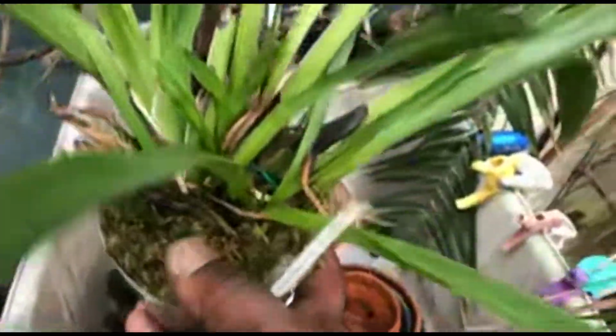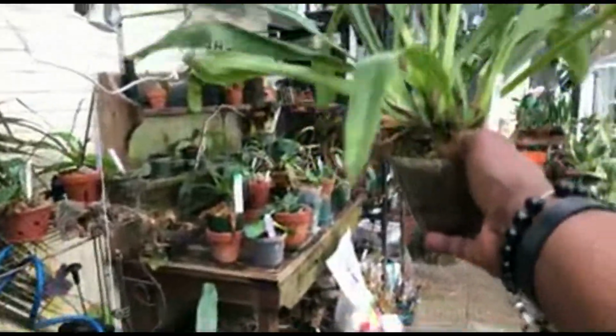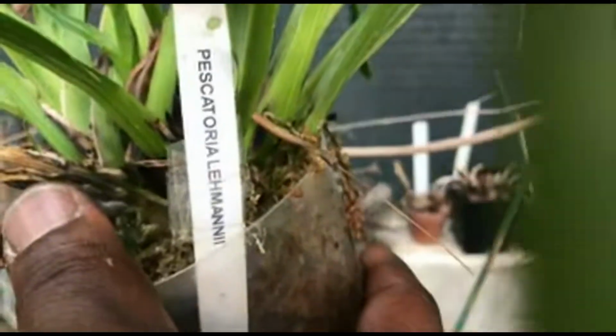Things are doing very well, and even if all of those cattleyas that I have hanging out over there, all those Rantiaca and some of my yellow ones, and I have a few Guatemalenses. If those do well, that will be beautiful. That'll be really nice. But yeah, these are my pescatorias that I got this summer,